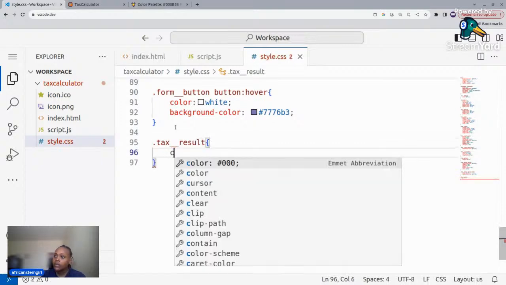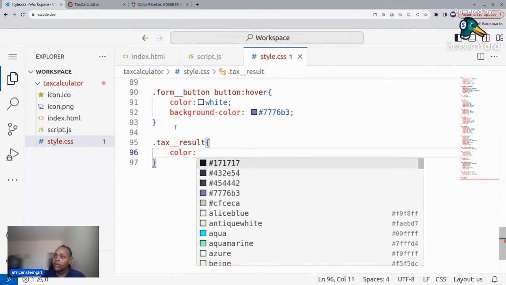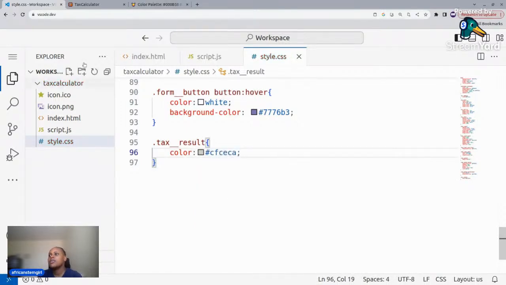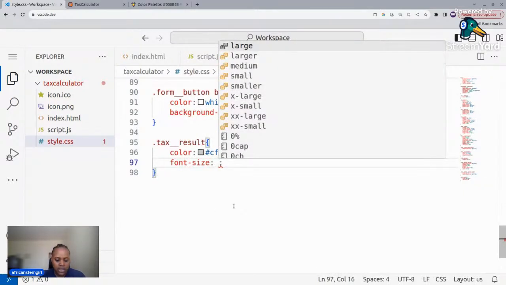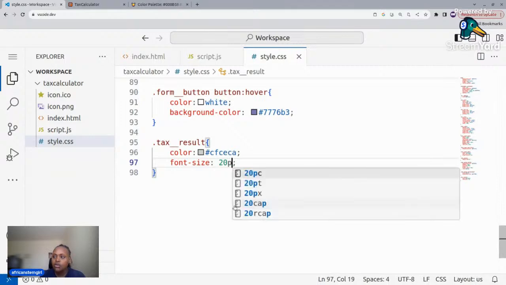Let us change the color to that. We can also change the font size. Maybe we can make it like 20px. You want to see how much you're going to pay clearly. So if I refresh and I put in the values,